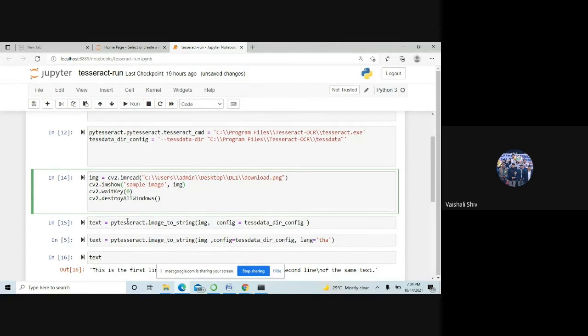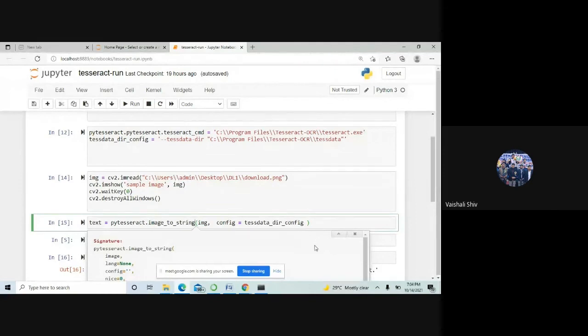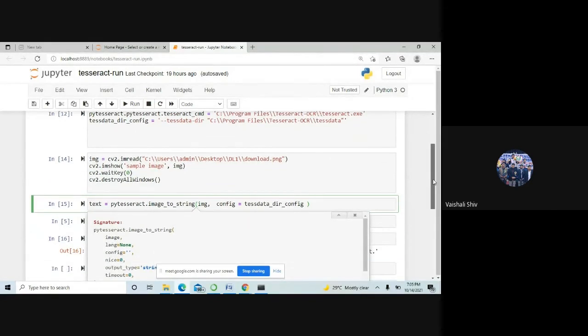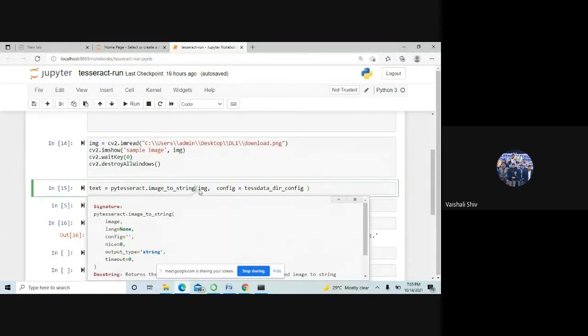Once we have done that, we have to provide the text. Here we are using pytesseract.image_to_string. When you click before the bracket and press shift tab, you will see the parameters over here.